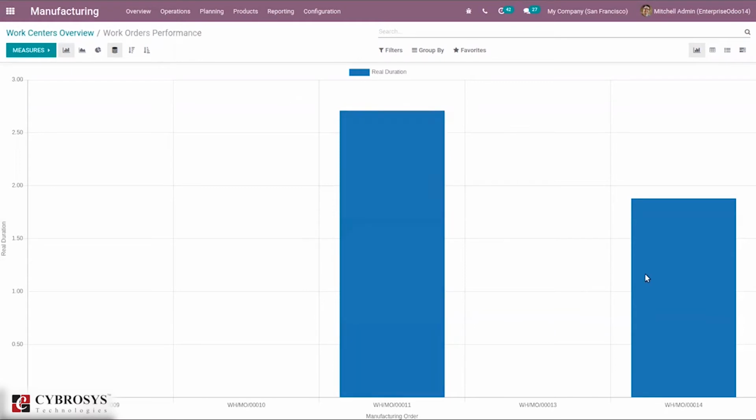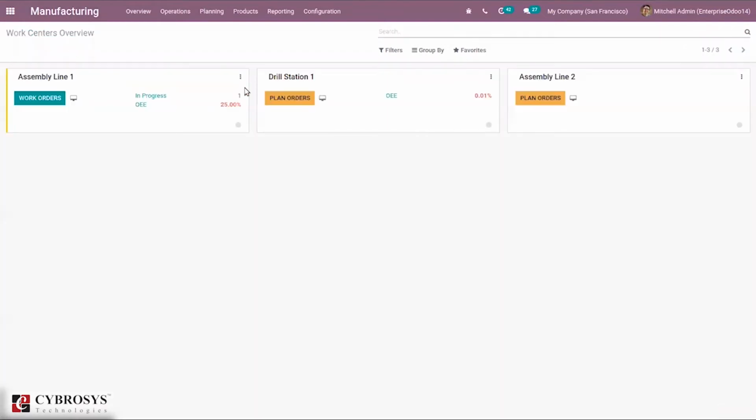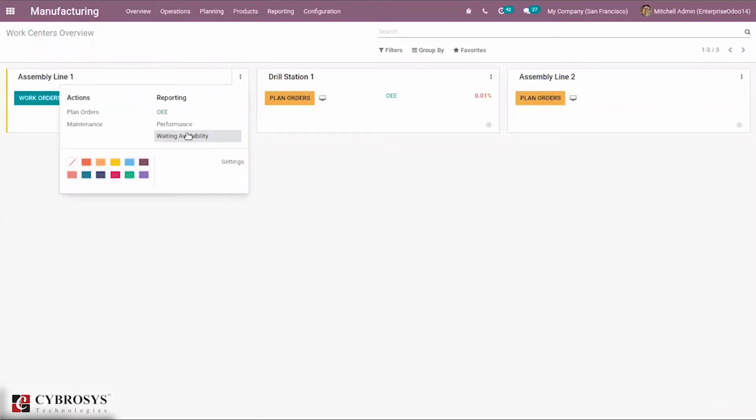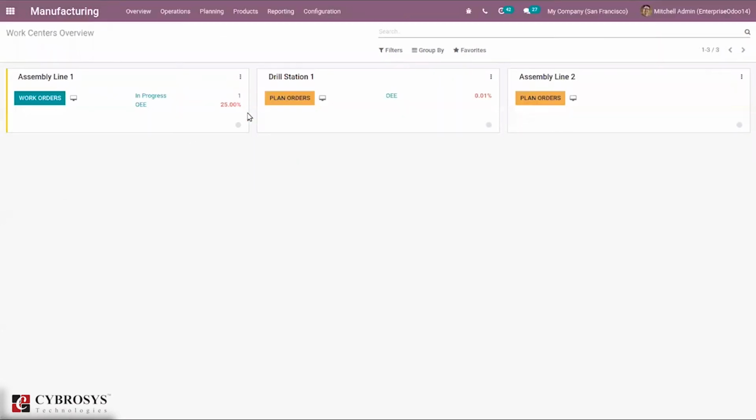You can see real duration, and you have some measures like worksheet page, count, expected duration, quantity, duration per unit, duration deviation, and so on. You can filter it by ready, pending, in progress, and group, that is, I can add some custom group. We also have waiting availability, so you can see one is waiting. Then we also have an option to change the color of your workstation or work center.